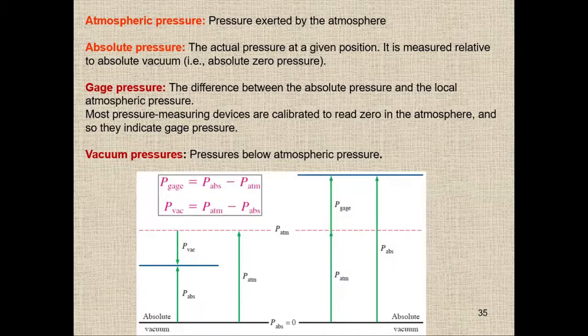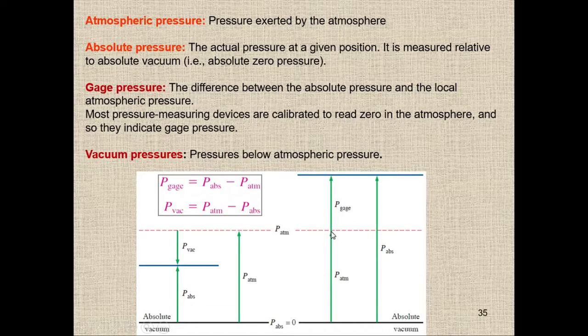So you can see here we have absolute vacuum, which is P absolute, somewhere here, P absolute 0. So this is our reference line. This is relative to absolute vacuum. Absolute vacuum is basically in space because there is no atmosphere. So from this black line, if we're moving up, we are somewhere here where we are experiencing some atmospheric pressure. This dotted line is basically the atmospheric pressure, exerted by the atmosphere.